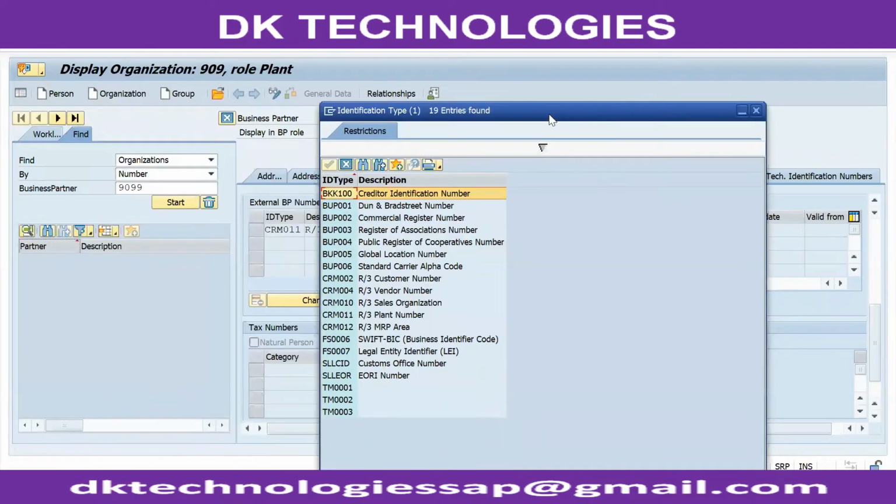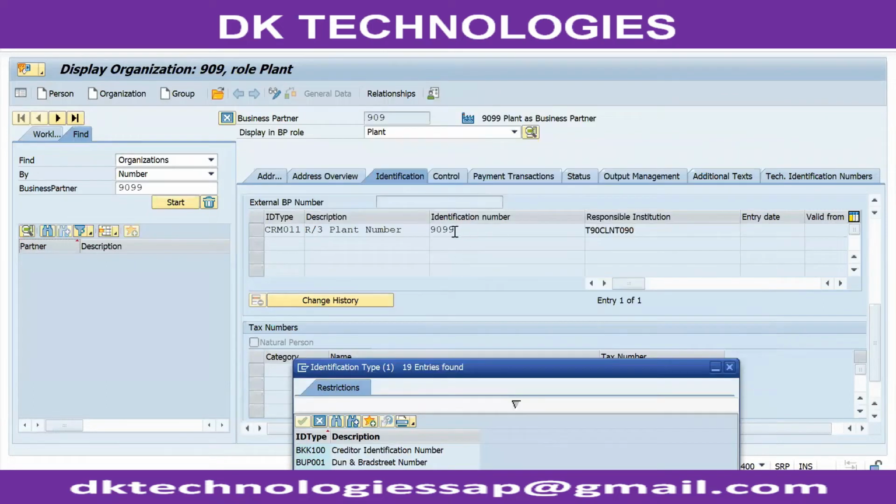If you are shipping the sales organization, the identification is CRM 010. So we can enter the sales organization of ECC here, and the responsible institution, the source of the sales organization, you can enter here as a logical system. Okay, and you can create. This is what we are practicing. I don't know how they practice in other companies, but here in our company we practice like this.